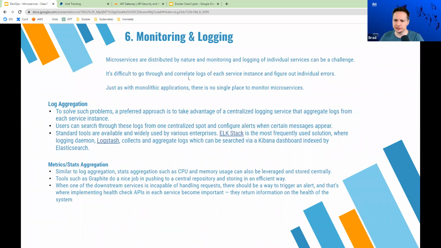The next thing is metrics and stats aggregation. Your metrics are things like how much CPU you're using, how much memory you're using, and how long it took the user to log in. When you log into Netflix, there's going to be a stat saying user took 3 seconds to log in, user took 1 second to log in. Netflix is going to be graphing this, and they're going to notice that X amount of users are taking 10 seconds to log in. There must be a problem with the login microservice or with the network talking to the login microservice.